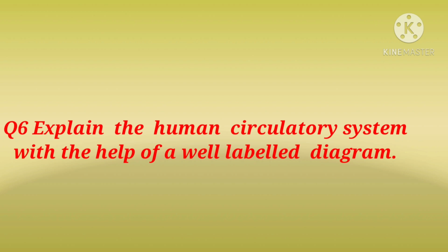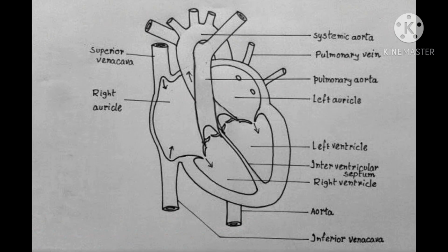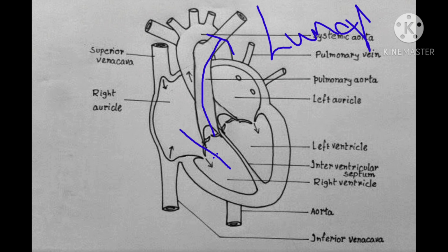So let's see the diagram of the human circulatory system. It mainly consists of the heart, blood vessels and blood. So in humans, the heart is four-chambered. It is divided into two halves by the septum. First of all, the right atrium receives the impure blood from the different body parts through the vena cava, and then this blood goes to the right ventricle, and from the right ventricle through